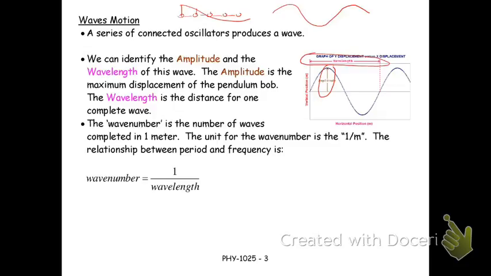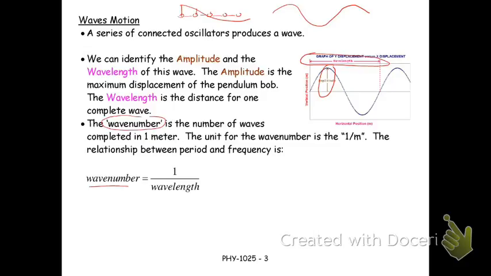So for instance, we can imagine shorter and shorter waves. Eventually they get less than 1 meter long, so we're talking about 0.8 meters for our wavelength, 0.6 meters, 1,000th of a meter. And people said, I don't like talking about these numbers that are less than 1, so what can we do? And they invented this thing called the wave number. The wave number is in 1/meters, and wave number is equal to 1/wavelength.